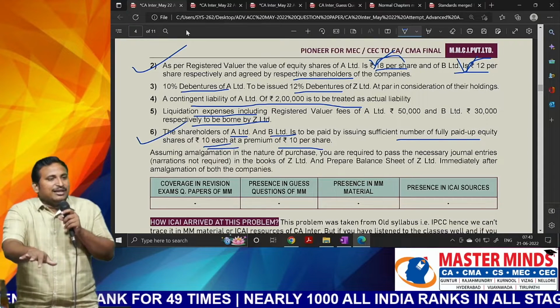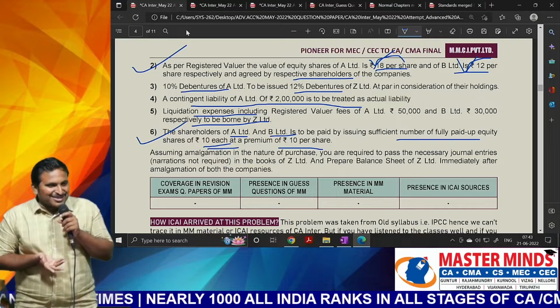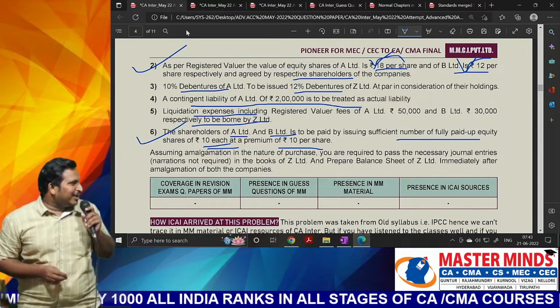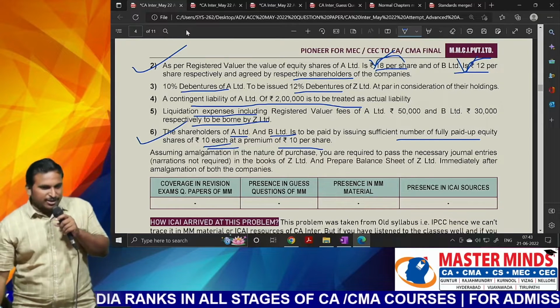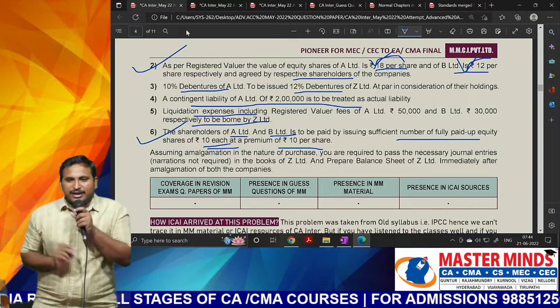Even if you try the other way, you will go wrong only. You will only understand that you are wrong. Suppose you go for the net assets method, you divide by 20, 18, 12, you will get it out immediately. At that time, you will come back: no, net asset method is wrong. Definitely a simple question only, sir. The only thing is that conceptual clarity is required.